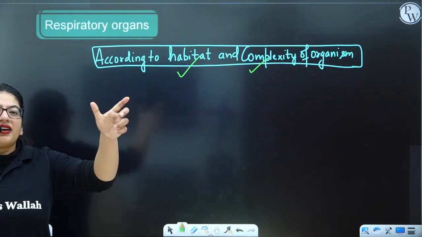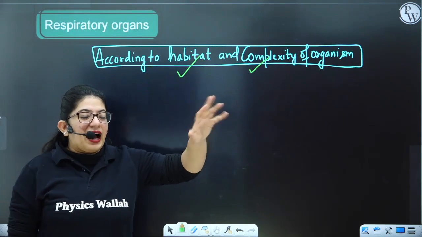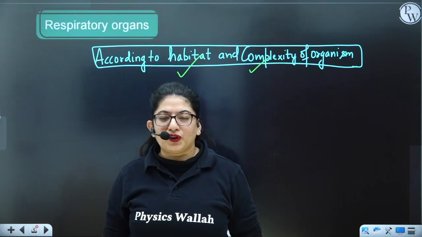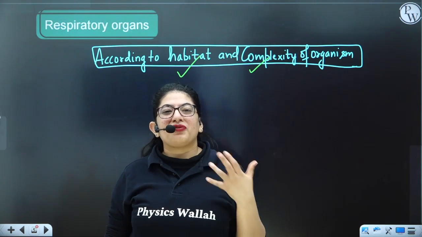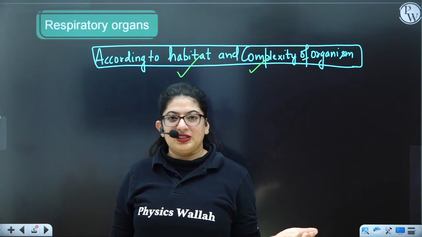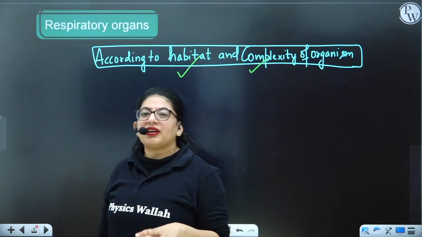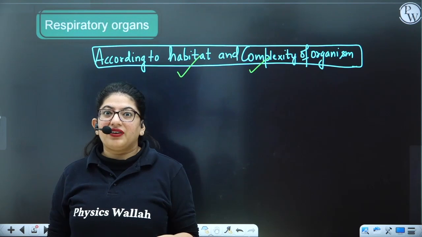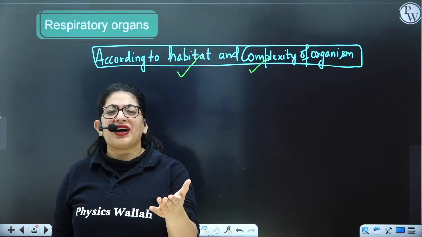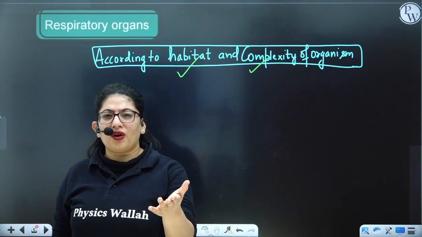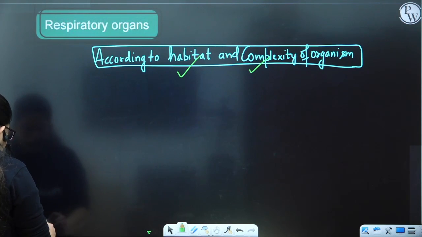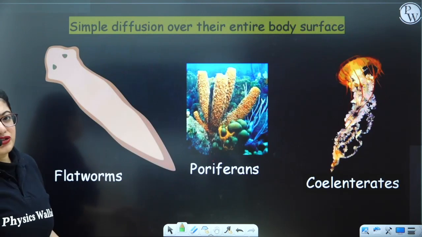So let's get started with the animal kingdom. I know the animal kingdom is so interesting. It fascinates a lot of kids. So let's see what type of animals we have and how they respire. We will also be doing the animal kingdom in detail, and trust me, that's a really interesting chapter. I think you have done that chapter. Vicky sir has taught you, right? So it will be easier for you to tell me the answers. It's just like a quick revision for you.